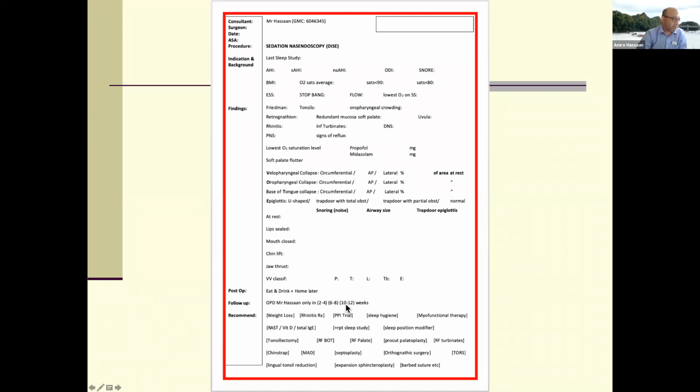If it was an anatomical obstruction and you need a tonsillectomy, for example, then I might as well just give you a follow-up in 2 to 4 weeks. There's no point in delay because we already know what the issue is. But you can see here, there are many different ways of managing obstructive sleep apnea, which we'll come to. So, our treatment options.